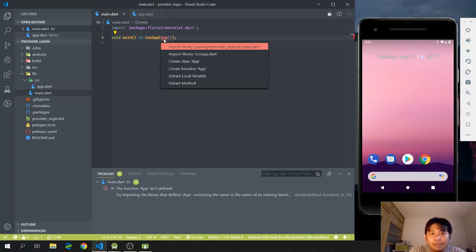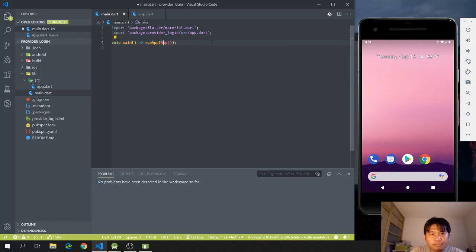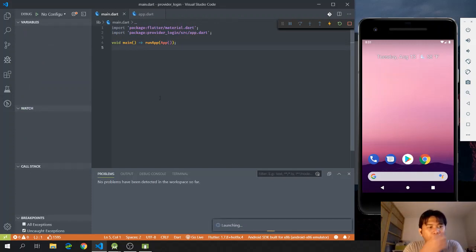So this one is the one that I created, src app.dart. Okay, and let's press F5 to debug. So I am expecting to have an application page that has a white background only. Okay,